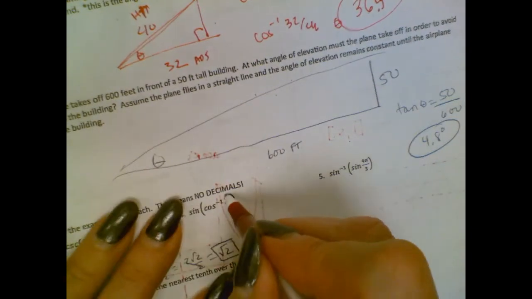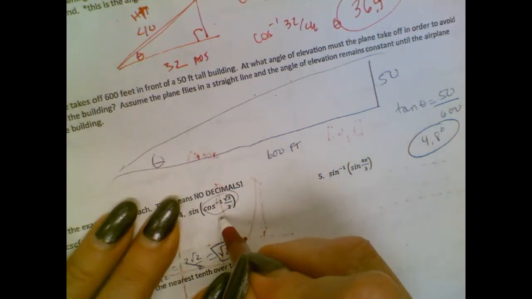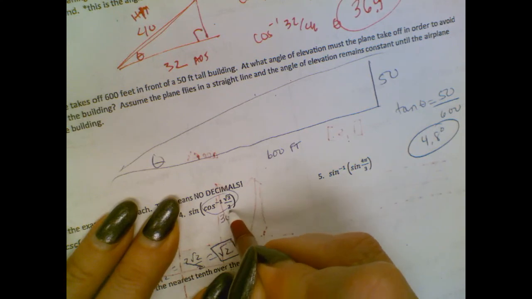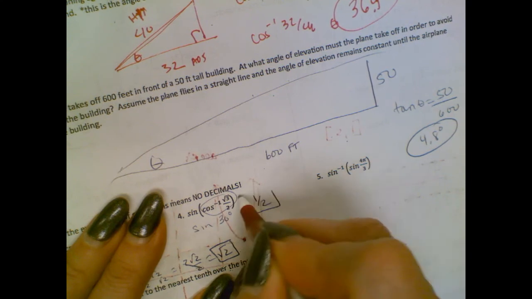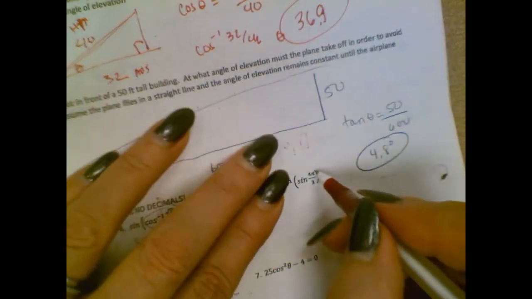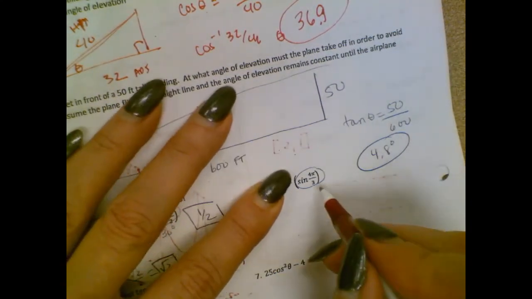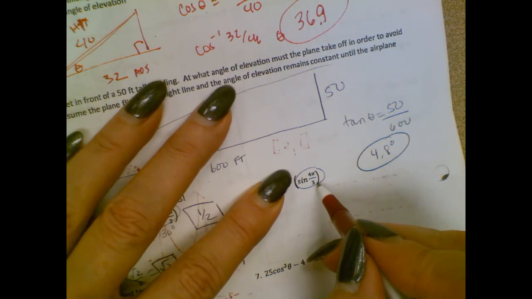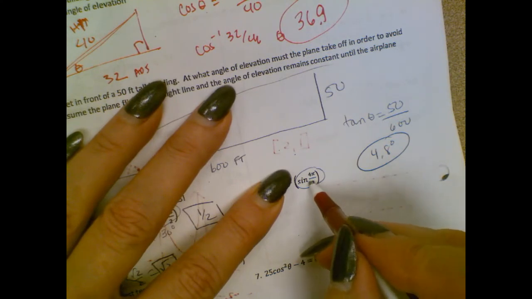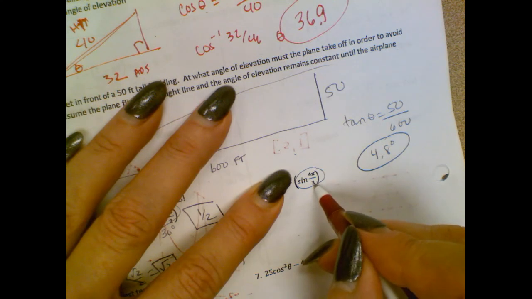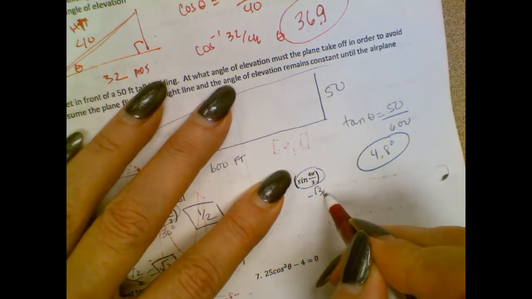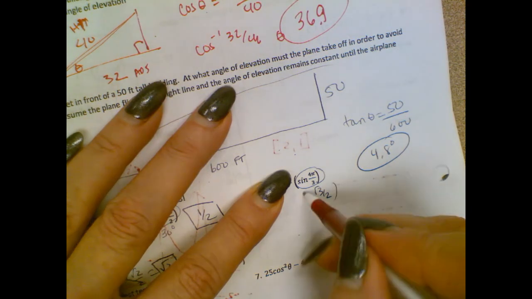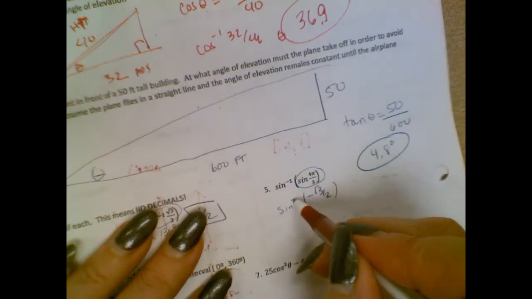This one, what angle has a cosine of radical 3 over 2? 30. And what's the sine of 30? 1/2. Sine of 4 pi over 3. Sine of 60 is radical 3 over 2. This is negative because it's in the third quadrant. And what angle has a sine of radical